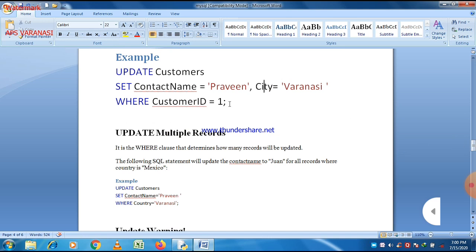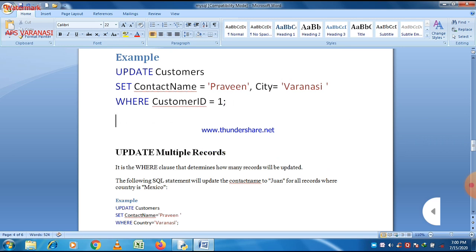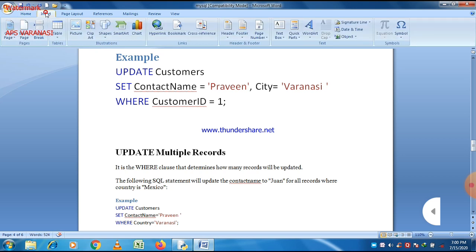If there is an existing table, you can also apply this concept to that table. So let us create a table first.